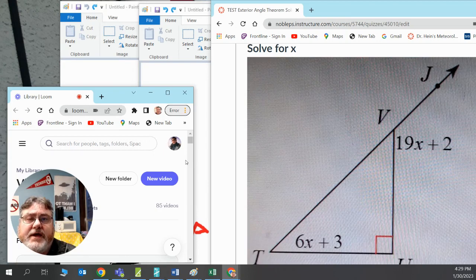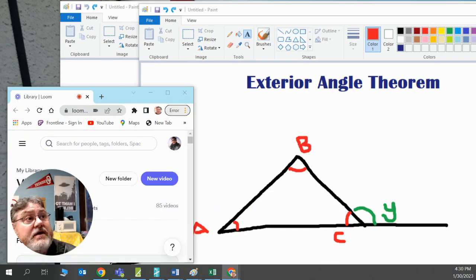Today we're going to solve for x in a triangle and we're going to use the exterior angle theorem. We have a problem set up. We have a triangle TUV and we have an exterior angle with an expression of 19x plus 2. Inside the triangle, we have the expression for angle T, 6x plus 3, and angle U is 90 degrees. Now we're asked to solve for x, and so let's do a quick review of the exterior